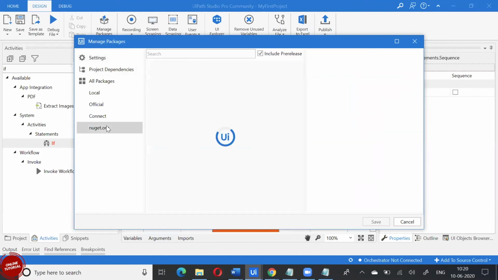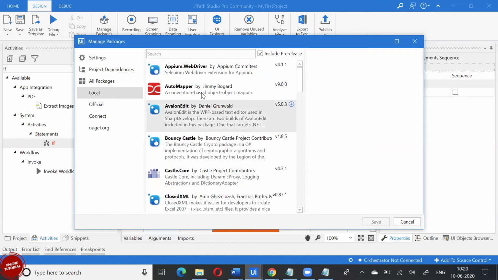And all these are the different sources from where it is pulling the packages for us. It doesn't matter for us; if you go to All Packages, everything together comes here. And you have this option, whether you want a pre-released version or not. Pre-release is like somebody like you or me doing it for the very first time. Okay, we might not have tested properly.